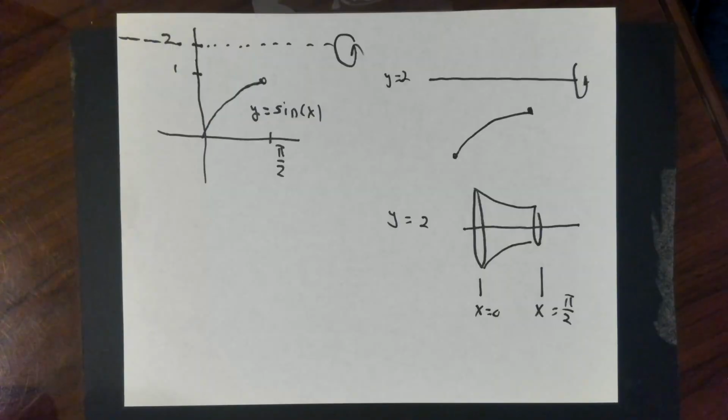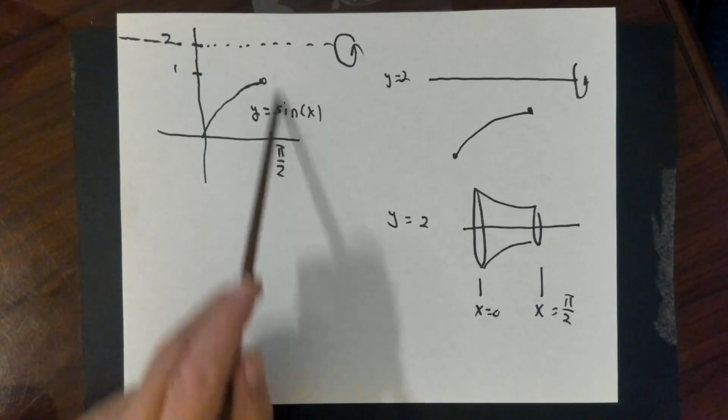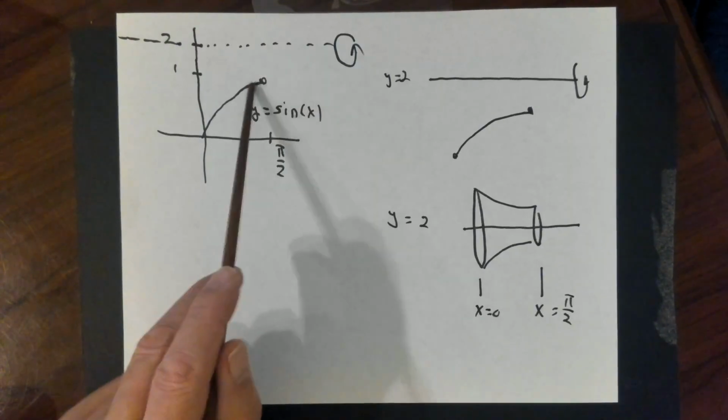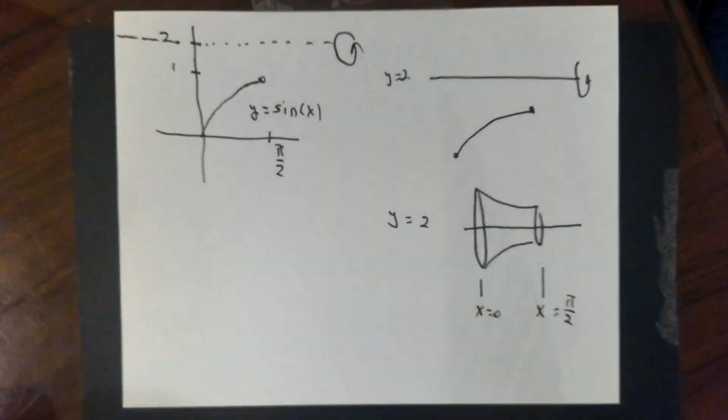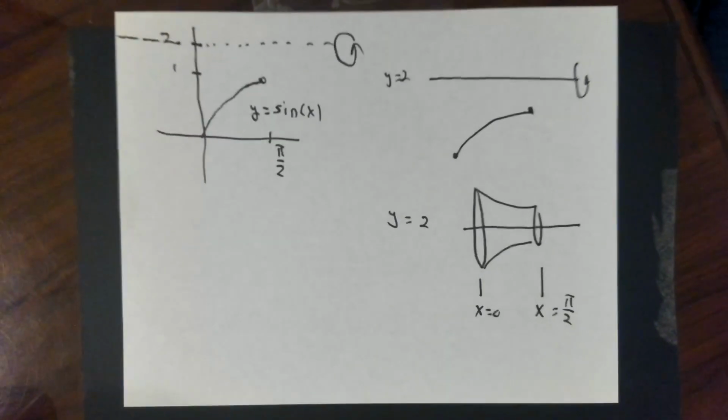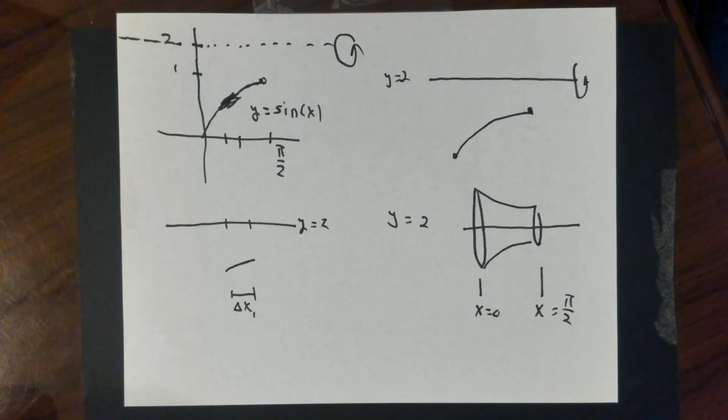I am not revolving about the x-axis. Y on the graph y equals sine x is not the radius. I am not doing that. I'm doing that instead. The radius is going to be the distance from the chunk that I'm looking at to the axis of rotation. So expanding my picture as we usually do,